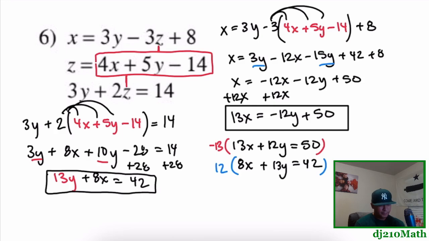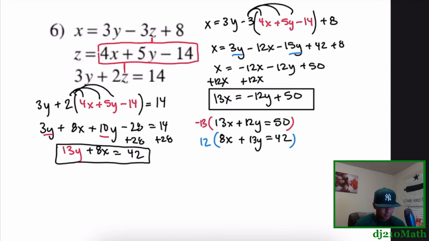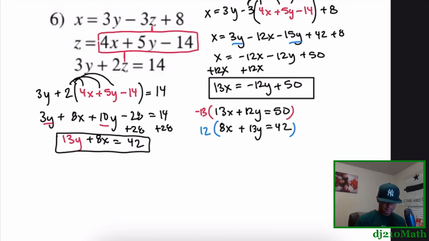Coming from the elimination method. I could stick with substitution, but, why? I already substituted twice, and look where it got me. Okay, so this is going to be negative 169x plus